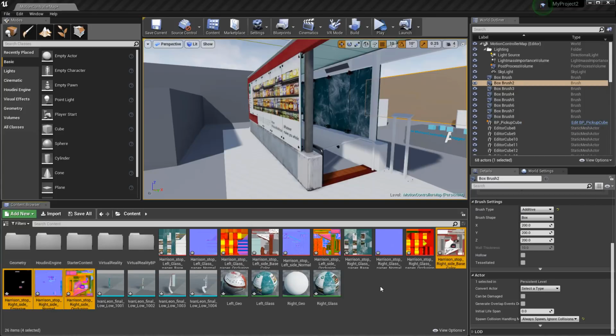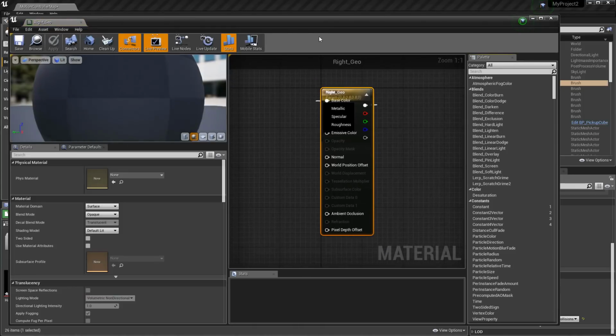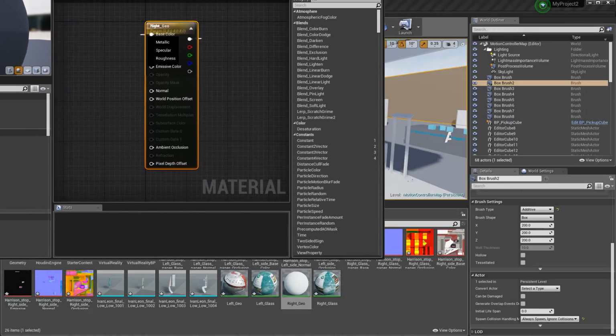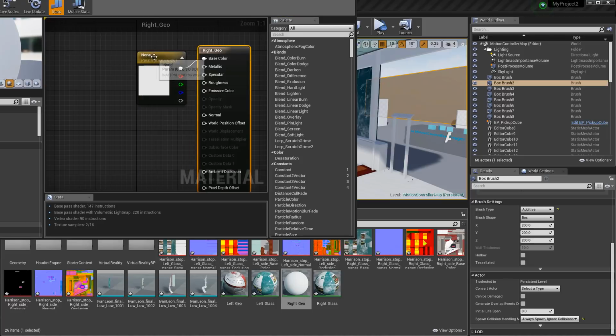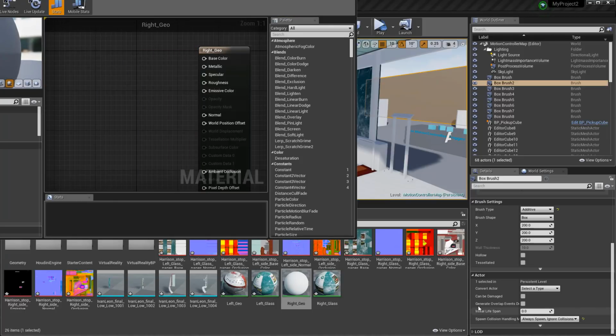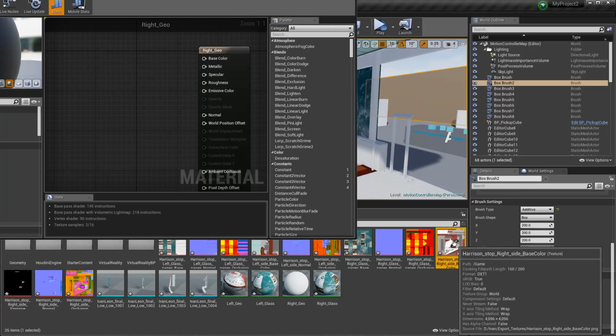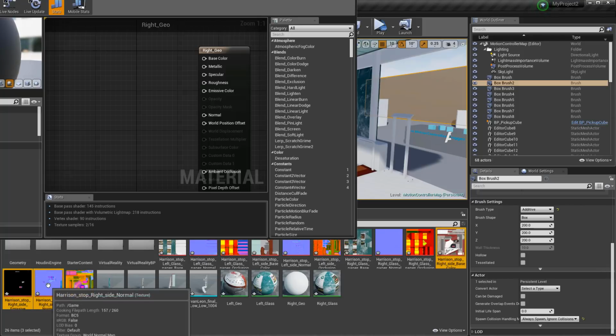Alright, so we finally have our final last piece of geo here. And again, I will do my best to delete this out, and make sure you're grabbing the right side. I'm just going to drag that in,